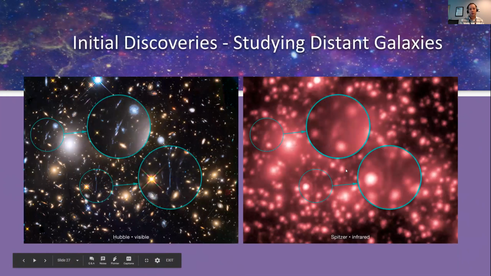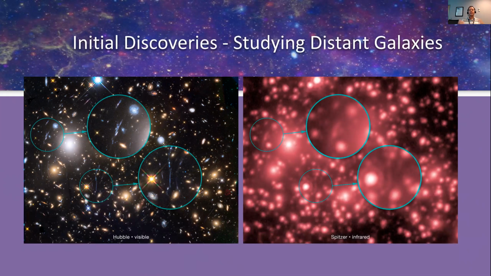So again, initial discoveries. I also want to point out that multi-wavelength astronomy is critical here. Here's an example of some distant galaxies taken with Hubble, and with Spitzer, the infrared mission, the Spitzer Space Telescope. Although Spitzer's resolution does not match Hubble's, what Spitzer does provide is critical information on the star formation histories of these galaxies. So we know a lot more about the details of the stars and the history of the star making process, or the stars that have been born in these galaxies, by combining infrared light. So it's really this kind of quest of looking back and understanding the nature of these early galaxies is truly